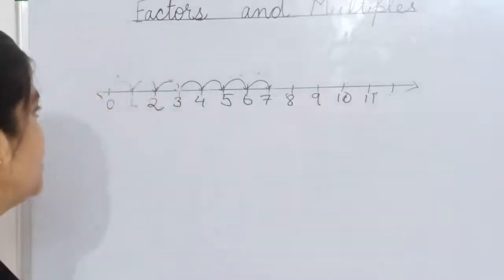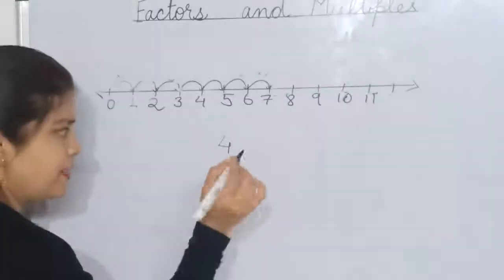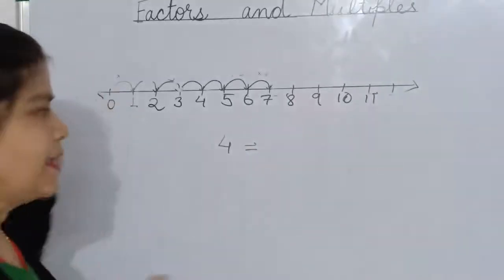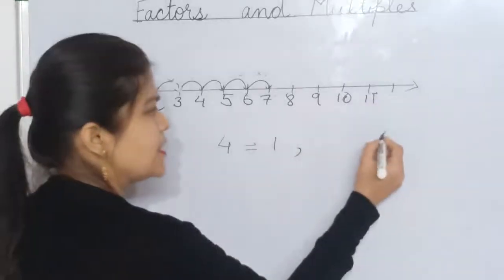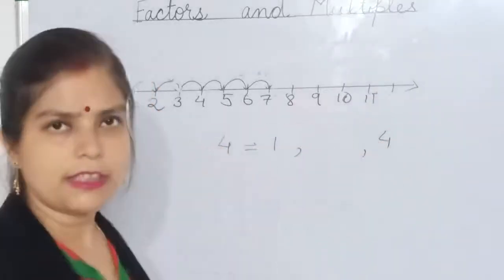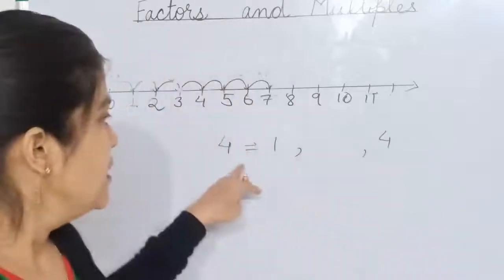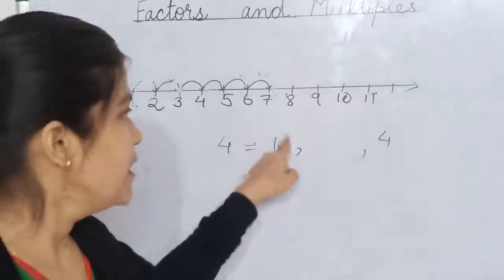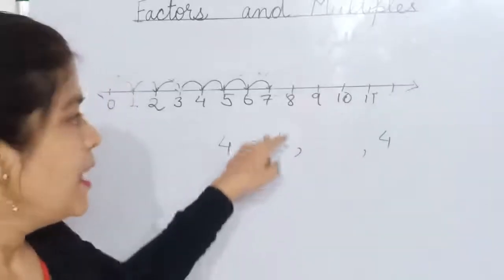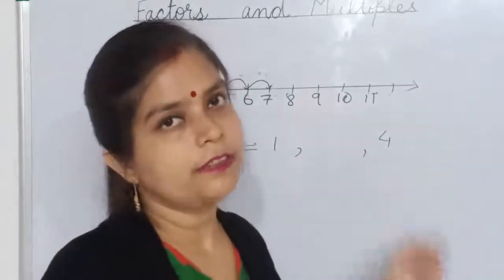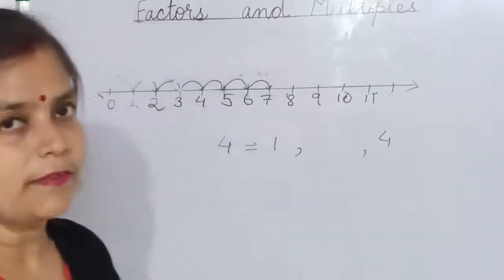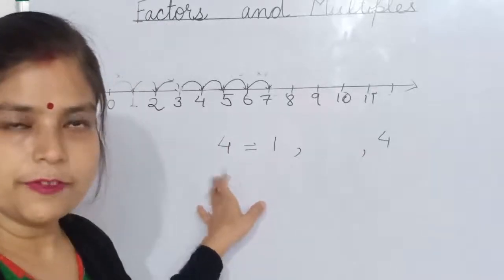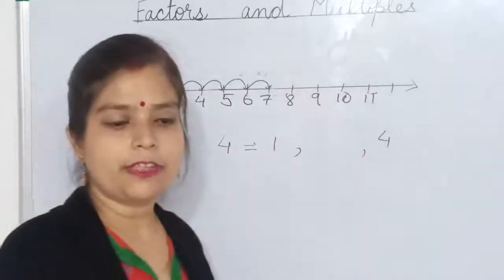If we have any number like 4, and anyone asks for the factors, then I can write 2 factors. Okay, 1 is a factor and another factor is 4. In between we will find more factors. But these two are definitely factors of the number. First, 1 is a factor of every number, and the number itself is also a factor of every number. If it is asking for the factors of 4, then 4 is a factor of that number. Understood all of you? Then we have to find the factors.